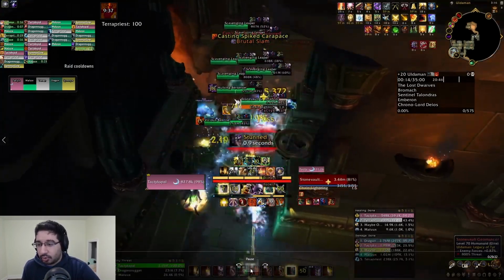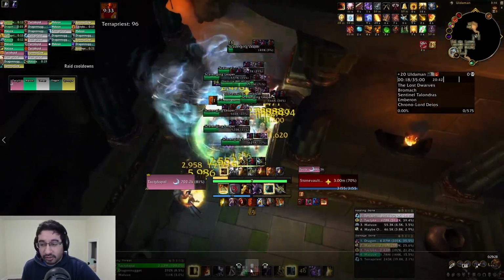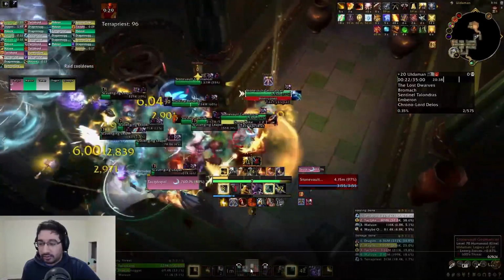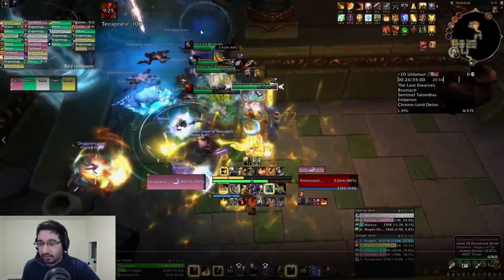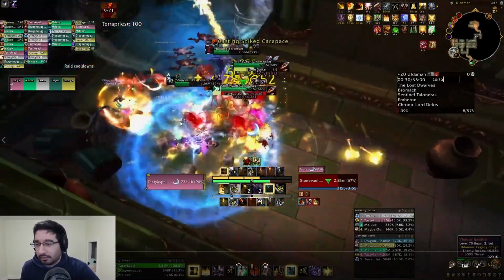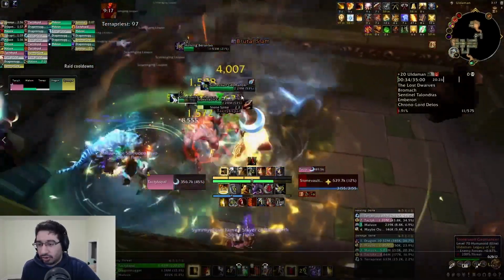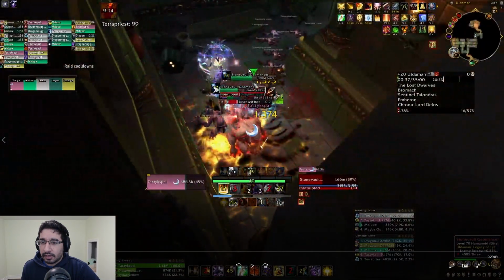In terms of this trash pull, the Geomancer is the big one here. The Chain Lightning is a kick or a stop, and otherwise you want to just keep as many kicks as you can on those Storm Bolts. That's just extra tank damage, basically. We do have the healer go ahead and add a couple Geomancers in, as all those Leapers tend to die. They do a little bit of random damage, but not much else, so you can pretty easily add in more Geomancers to this first pull,